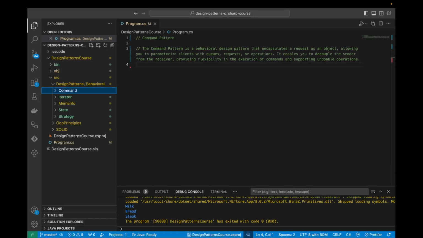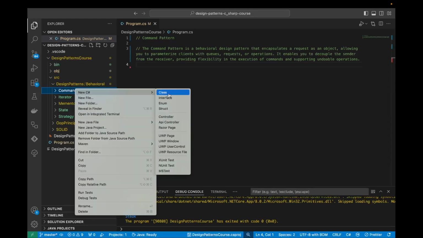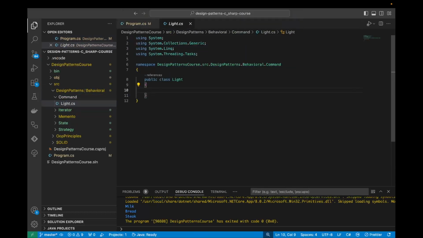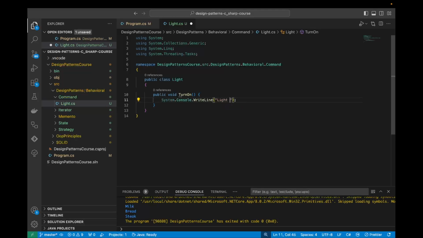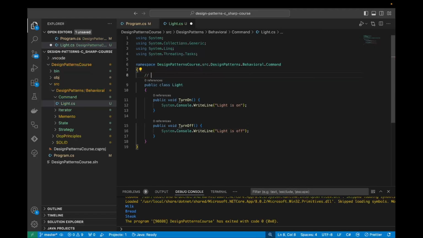So we're going to create a remote control that is connected to a light that can either be switched on or off. So first of all, let's create the light. This is going to be a standard class with two methods. One method called turn on, and we're just going to log light is on, and then we're going to create another method called turn off, and we're just going to log light is off. Okay, so this is the receiver class. This is receiving